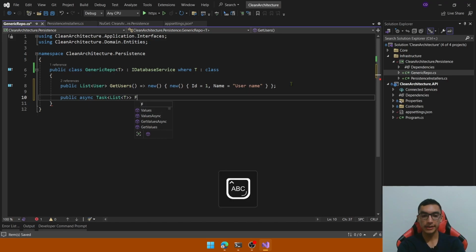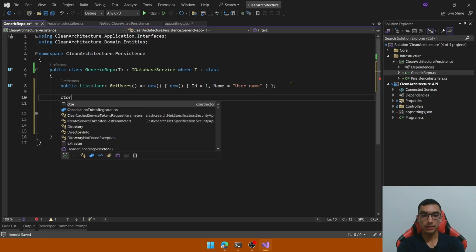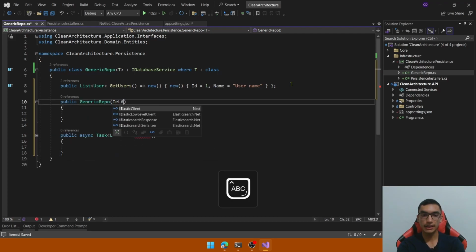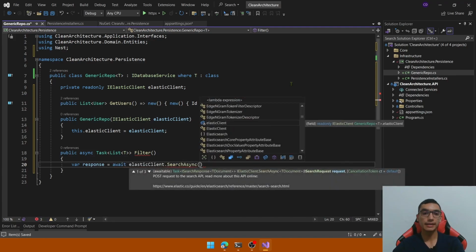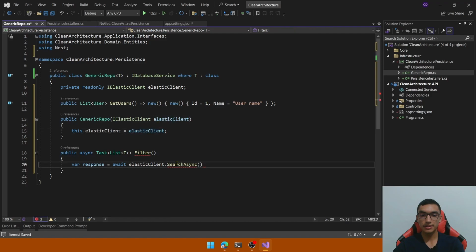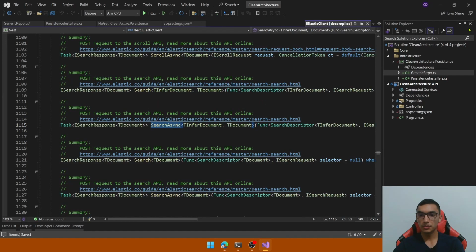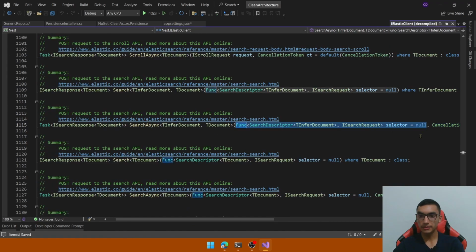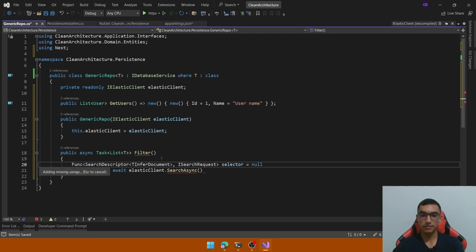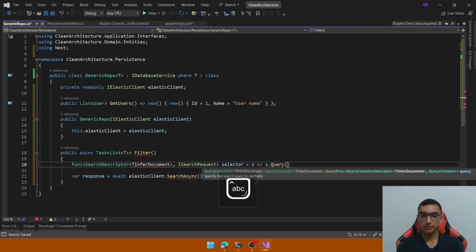Okay, define the name, Filter, and we'll pass a specific argument. Inject via constructor the ElasticClient, define a field, and then declare a variable called response and call ElasticClient SearchAsync to apply all the filters. This SearchAsync, go to definition, will receive a selector that will contain the query. Okay, let me copy this function, and the idea is to pass a lambda function with the query from the